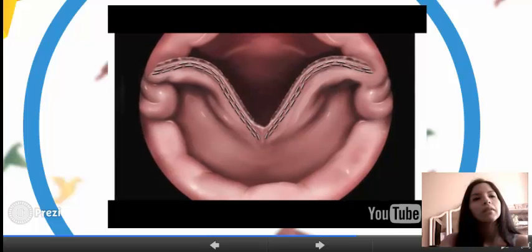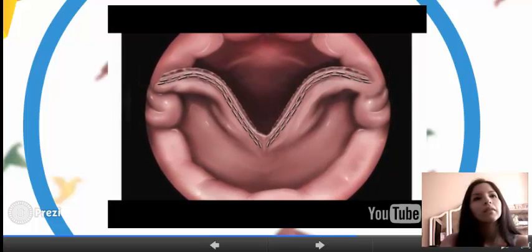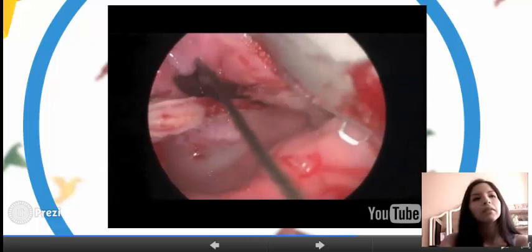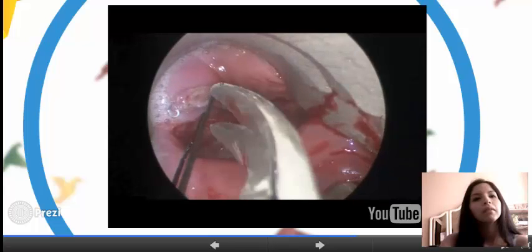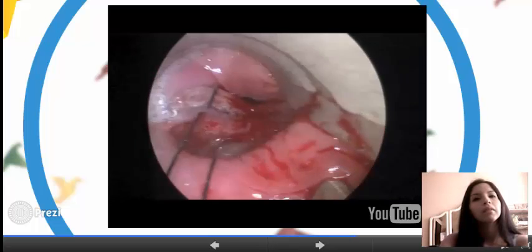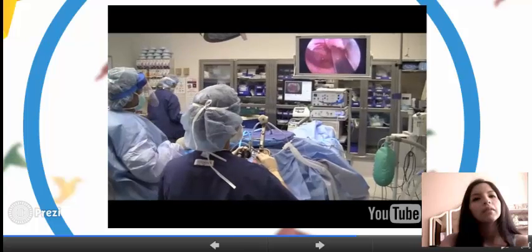With activation of the stapler device, it simultaneously cuts and staples the cut edges together, resulting in a V-shaped division down the common wall. The sutures and any free staples are then removed. With this common wall division, any food or liquids that